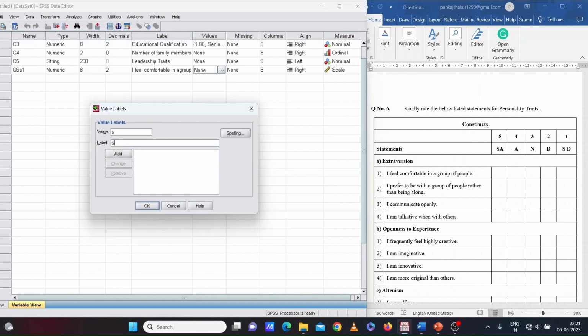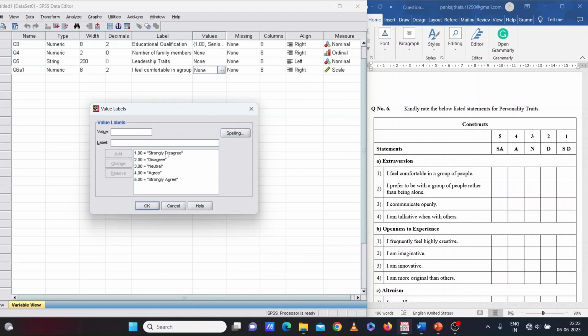So 5 for strongly agree. Then we click on add, and then 4 for agree, and then 3 for neutral, 2 for disagree, and 1 for strongly disagree.